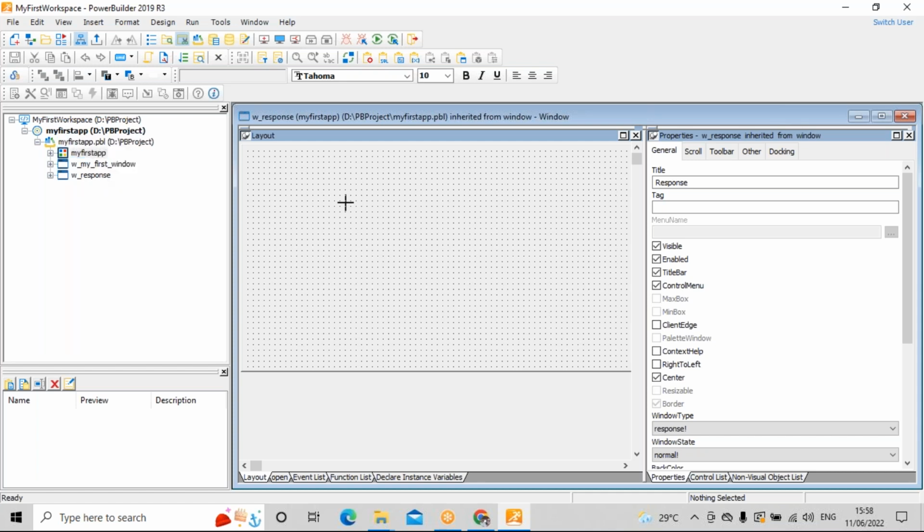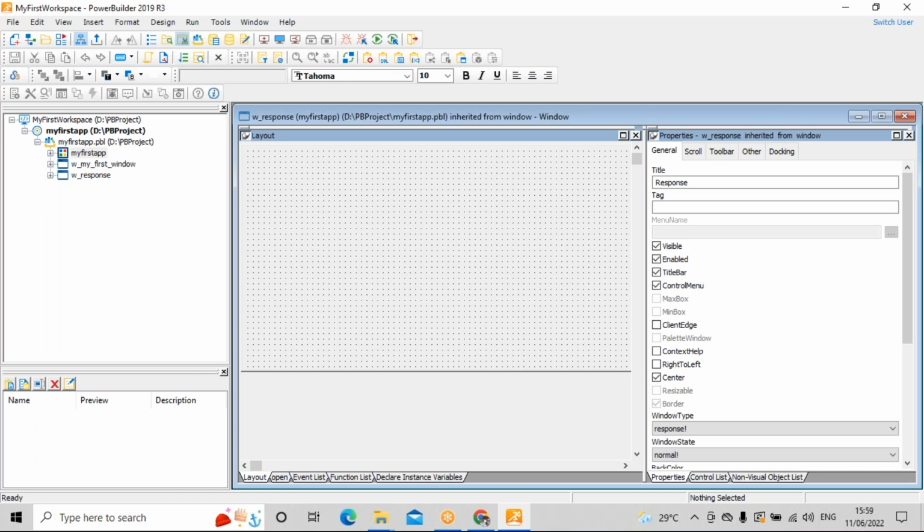See, what we have learned so far, let me repeat. We learned PowerBuilder is a rapid application development tool. We can create Windows-based applications. PowerBuilder has two types of objects: one is visual, the other is non-visual. So far we are working on visual objects. The first object was the application object, which is the starting point of PowerBuilder. An object has its own properties, events and functions. The PowerBuilder application object is the first execution